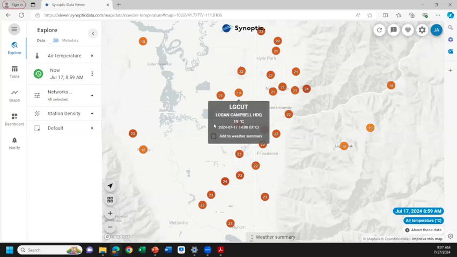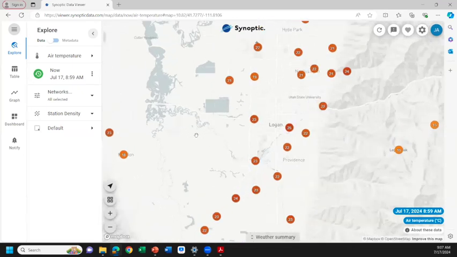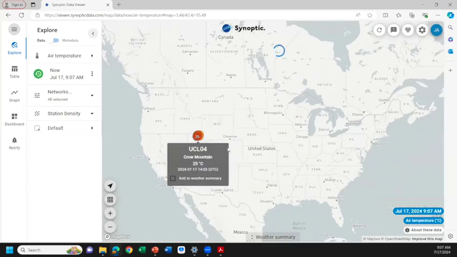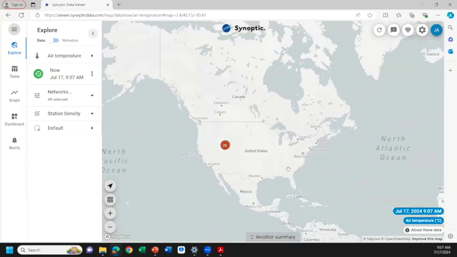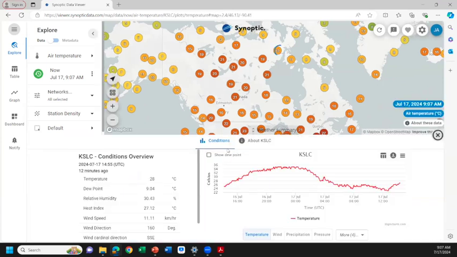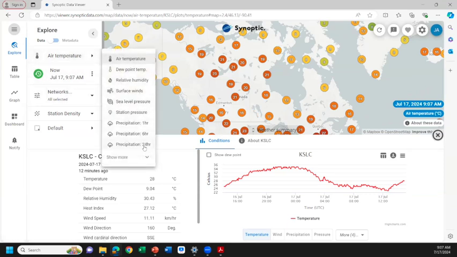Perfect, thank you. Right now I just zoomed in on Logan, but we can zoom out. This has data from all over the world, and you can come explore. Every time I zoom in or out, this makes an API call to our system. You can click on a station and graph. Right now we're looking at air temperature. We will add soil moisture on here, but you can look at precipitation, all kinds of things like that.